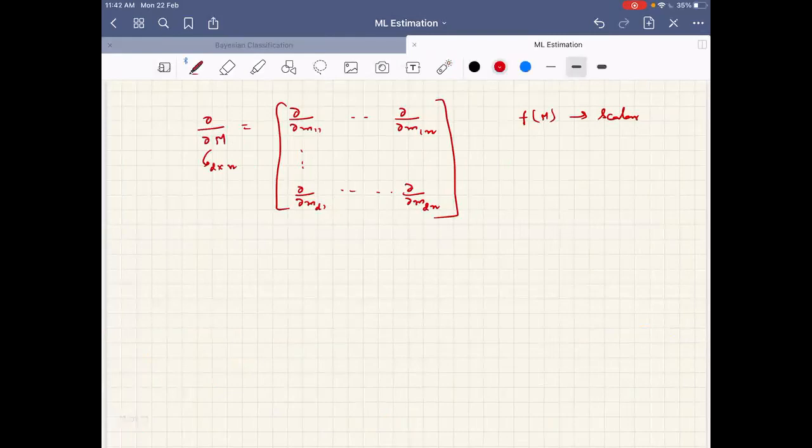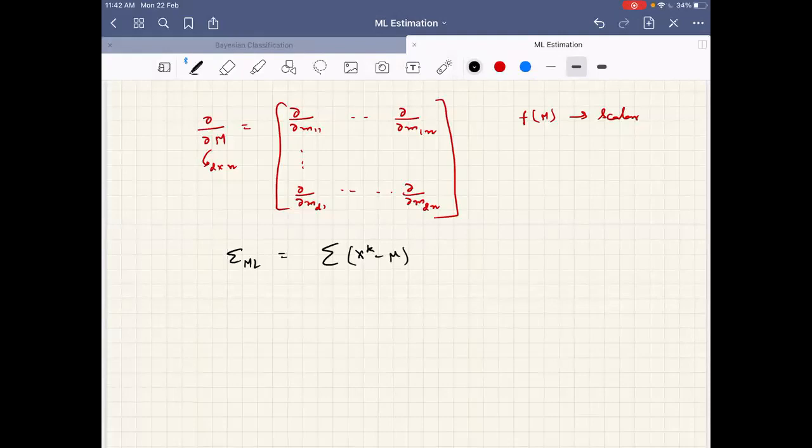But what do you think the covariance matrix ML estimate will turn out to be? I just want to write it directly and convey it. It may be the vectorized form of what we got earlier in the 1D case. But since it is a covariance matrix, I have to get a matrix. So it becomes the sample covariance.